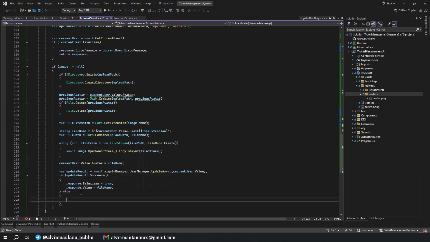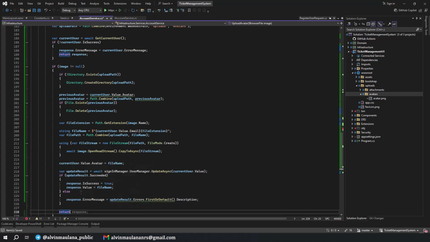And if it is false, we will respond with errors, like usual: updateResult errors, FirstOrDefault, description, and then we return the response. Nice.